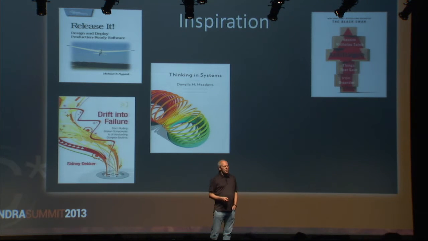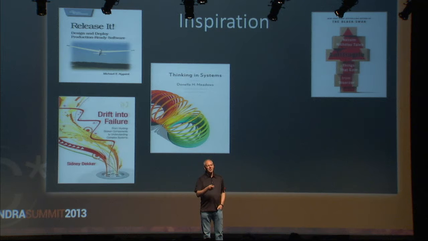Drift into Failure is an interesting book. It's a really bad book to be reading if you're getting on a plane soon, or if you're on a plane. Most of his examples consist of planes falling out of the sky and people dying in hospital because systems just gradually build up a sort of technical debt in a failure way, and everything's working fine, and then a plane falls out of the sky. Oh, it's never done that before. But the reason why it fell out of the sky is a series of perfectly reasonable decisions that were made that, in aggregate, over some period of time, turn into something that at some point is going to fail. So, very cool book.